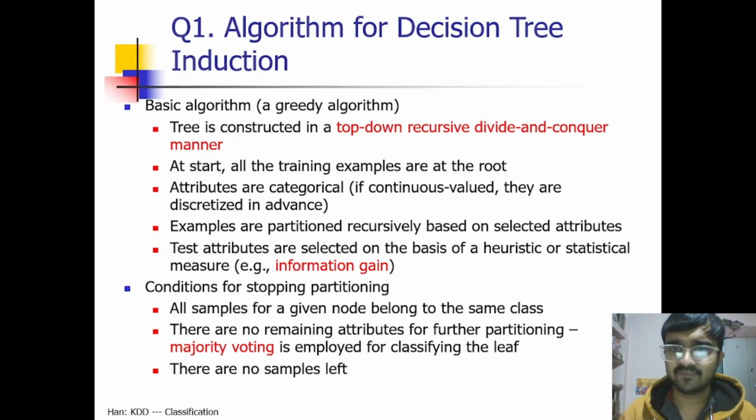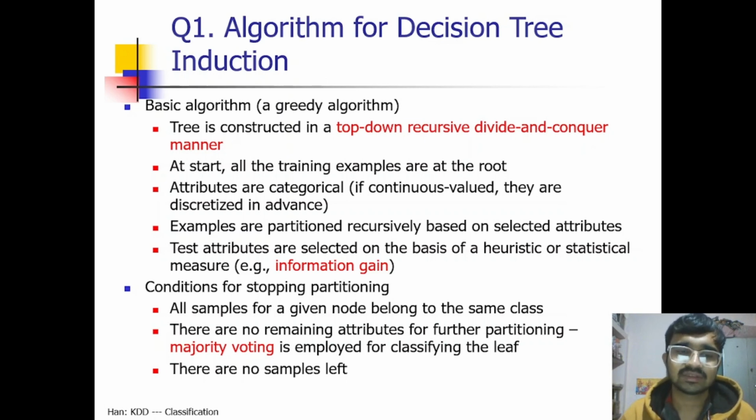attributes are categorical. If continuous valued, they are discretized in advance. Examples are partitioned recursively based on selected attribute. Test attributes are selected on the basis of heuristic or statistical measures, for example, information gain, or Gini index, or variance. There are different methods to decide which attribute should be taken to